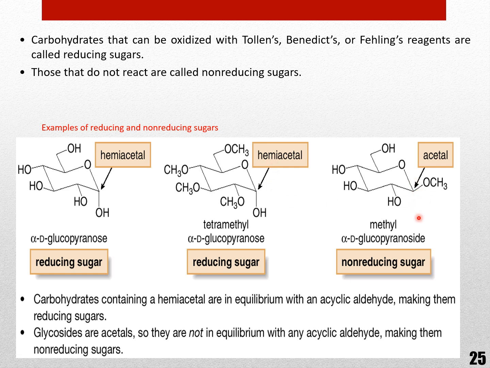How to know whether it's hemiacetal or acetal? By looking at the carbon, and it's not a chiral. That means it does not have four different groups attached to it. Something is similar. For instance, this carbon has oxygen and also oxygen attached. So it is not a chiral group or stereogenic center. Therefore, it's acetal and it cannot open up to expose the carbonyl group. And eventually, it is known as a non-reducing sugar.